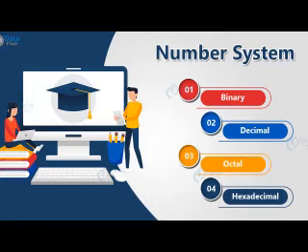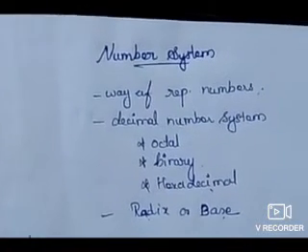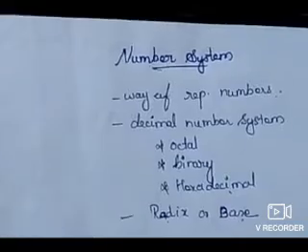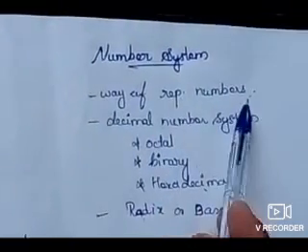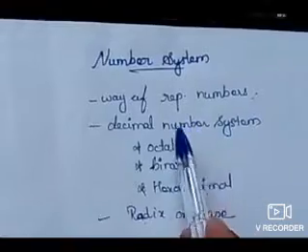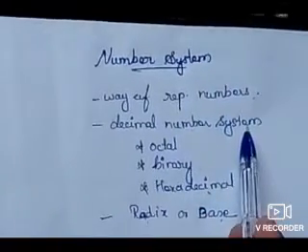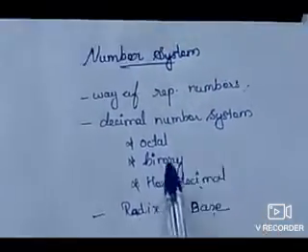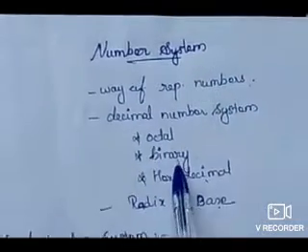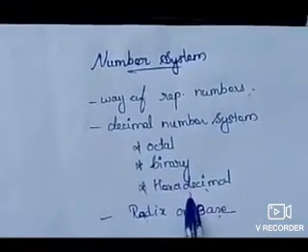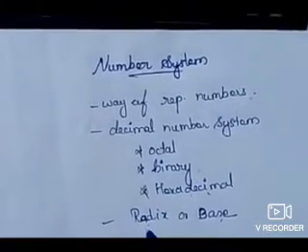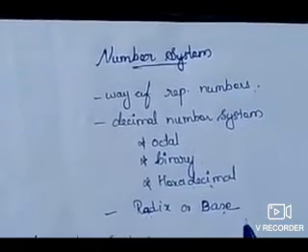In this video, we will start the new chapter, Number System. This chapter is a very easy and interesting chapter. Shall we start the chapter? First we will see what a number system is. A number system is a way of representing numbers. In day-to-day life, we use the decimal number system. Some other number systems also exist: octal number system, binary number system, hexadecimal number system. These number systems are identified by radix or base value.